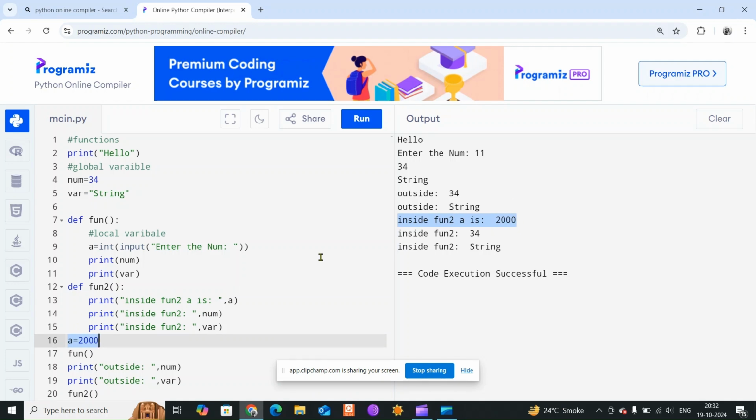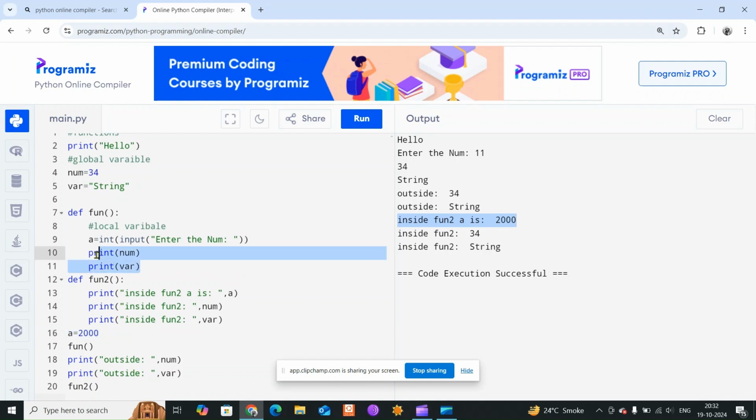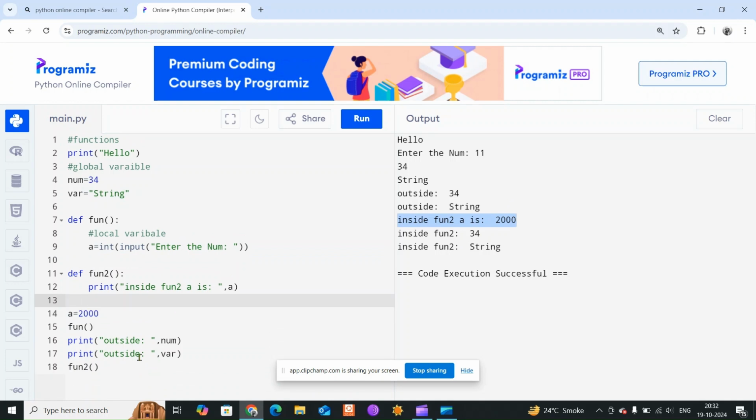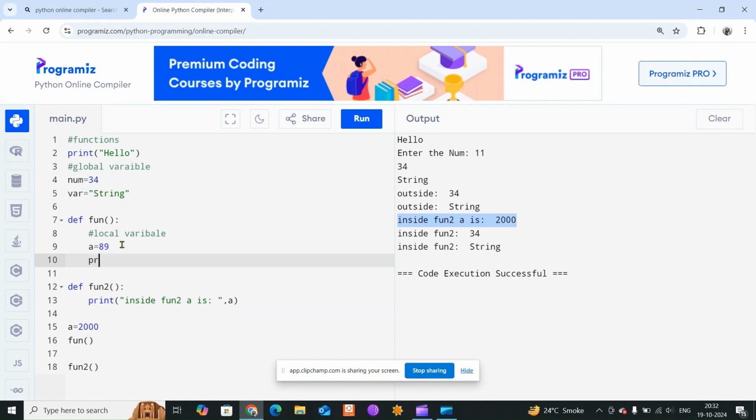Okay, let me remove these two things as well, because you understood these things already. Now I want to make you understand something else. Let's do something like this. I'm saying it is 89, and here I'm saying print a in fun is, and here I will say inside fun2 a is, same thing. Now if I run it,